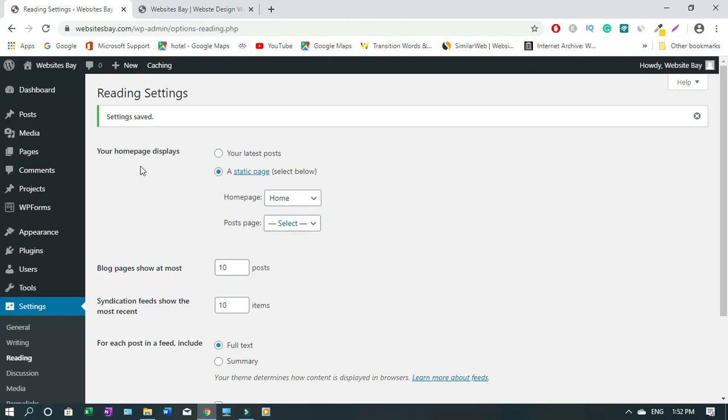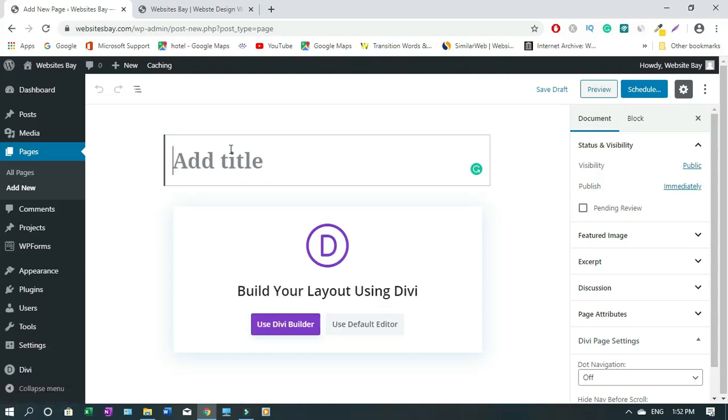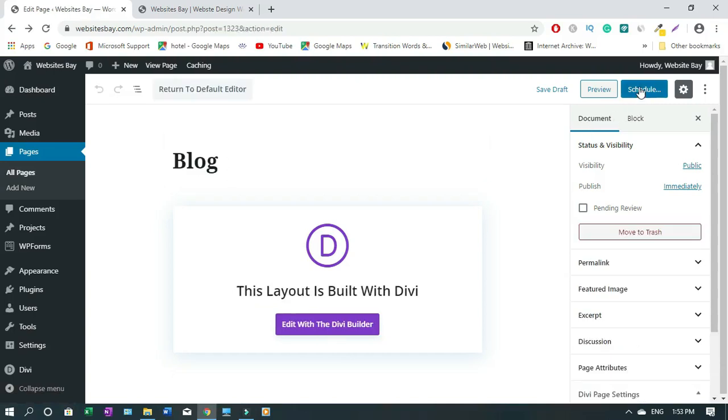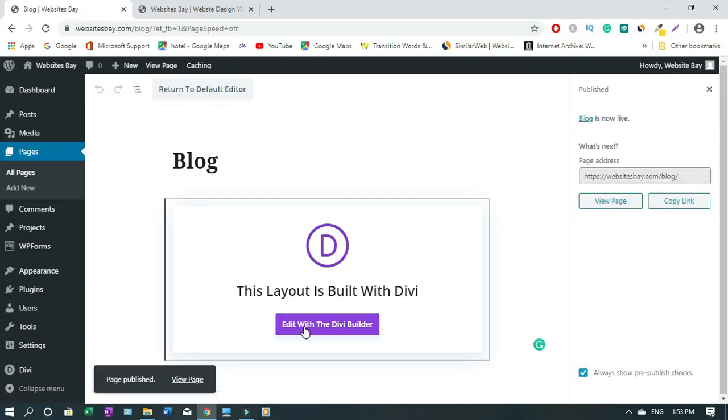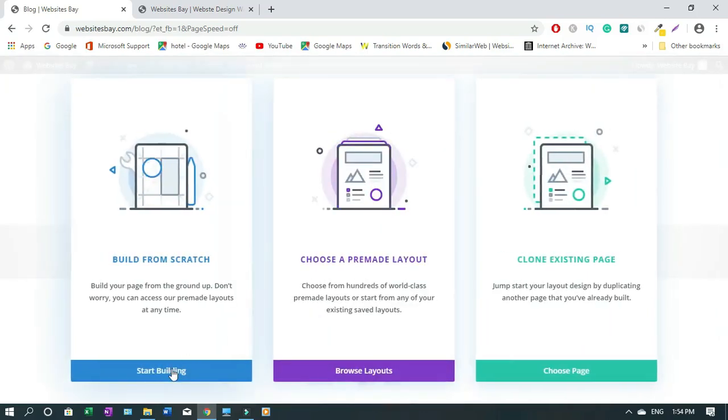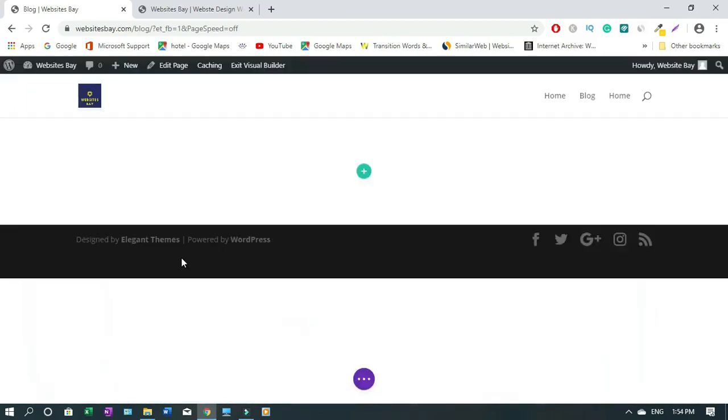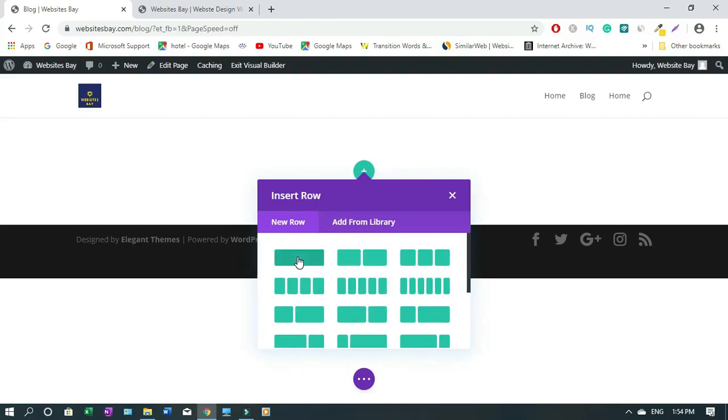So to create the blog, we're going to go back to pages, add new. Let's call this blog, click on blog schedule, again click on this. So create from scratch. You can click here or there, it doesn't matter. So we're going to use